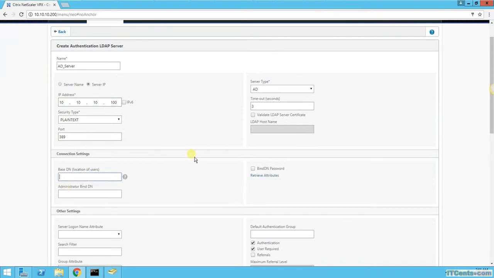Location of users, we would like to search for users. Typically, it's the top level. Here you will specify the top level organization unit, so you can see under that. Okay, so